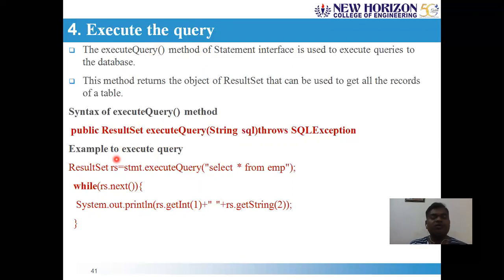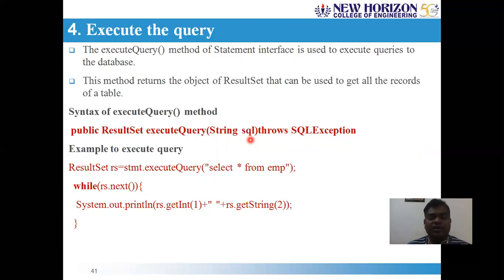For example, select star from student or select star from employee. For all the attributes, the content is created in the form of a result set object. That result set object you can iterate and parse in order to access each of the elements. So always you should give a query that you want to execute. You should pass it as an argument to the execute query method, and this execute query method throws the SQL exception. The reason is if you are trying to execute a query which is not at all available, that leads to the SQL exception.